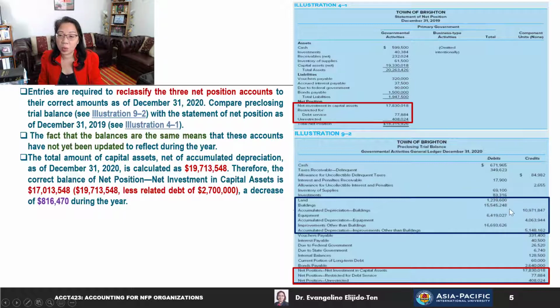So total up all these balances and deduct the accumulated depreciation, you will get 19,713,548. All right. So therefore, the correct balance of your net position, net investment in capital assets must be that amount of